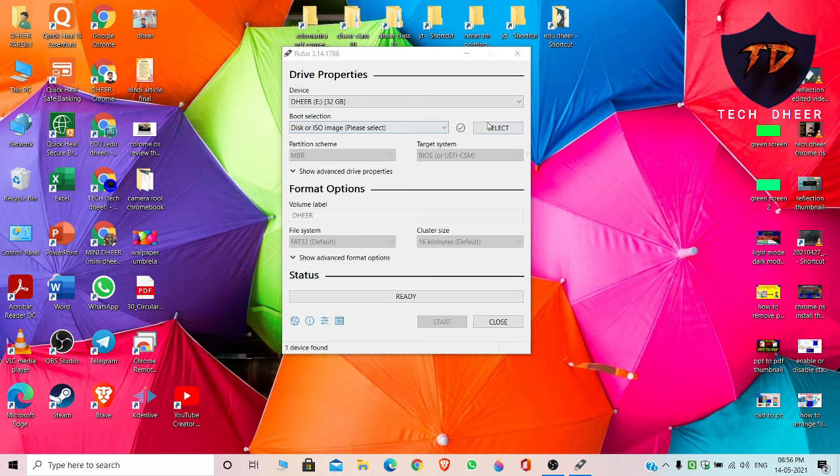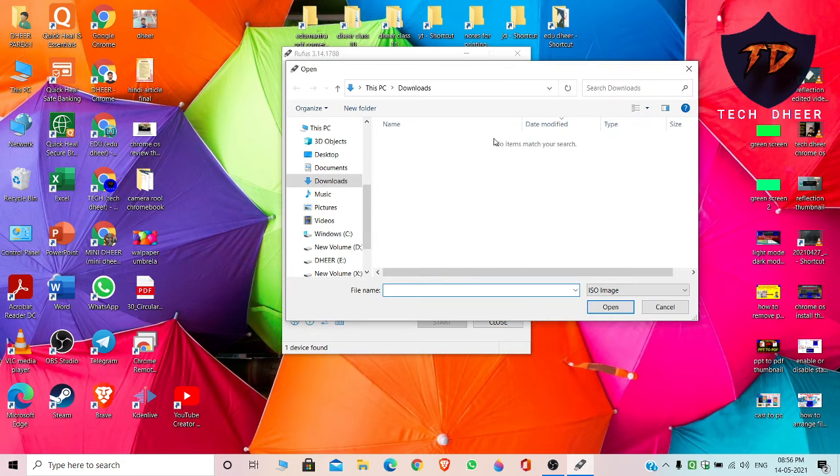And if I want to open it over here, select, you can see there is a disk or ISO image. Whenever you want to install an operating system, you have to click on select this disk or ISO image, and then select your ISO file by clicking select.